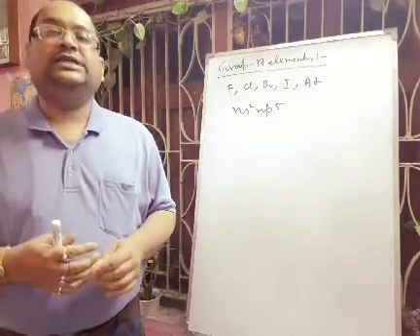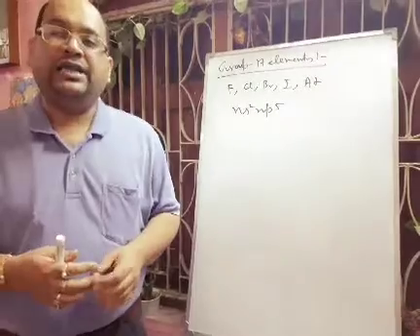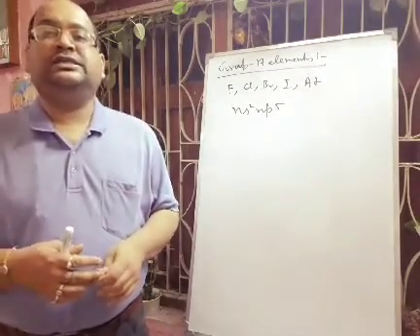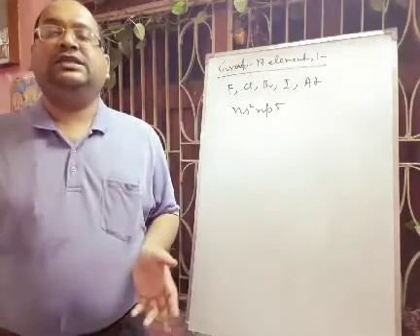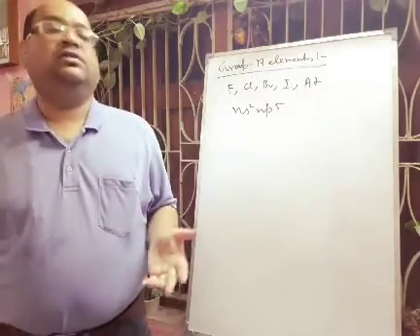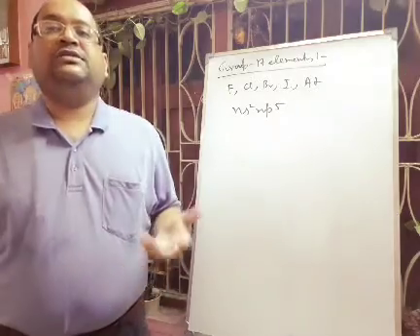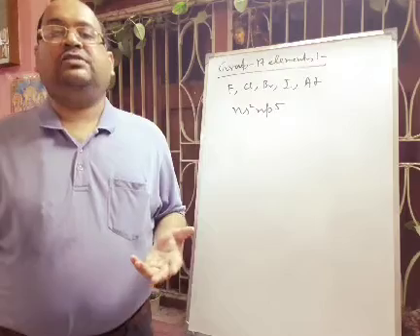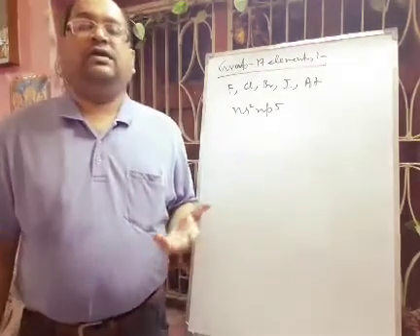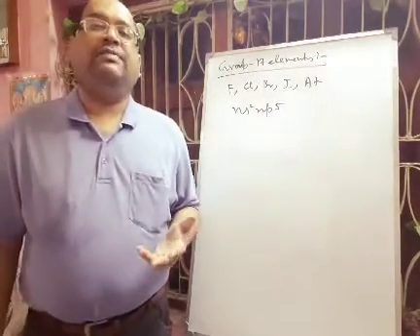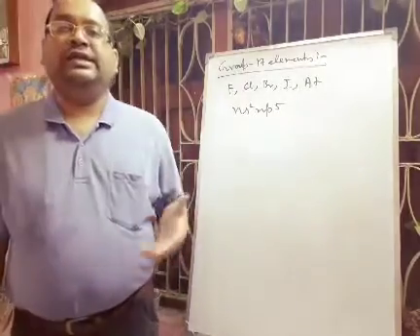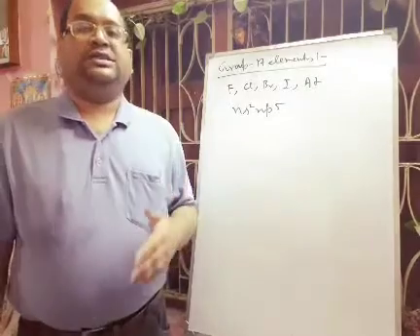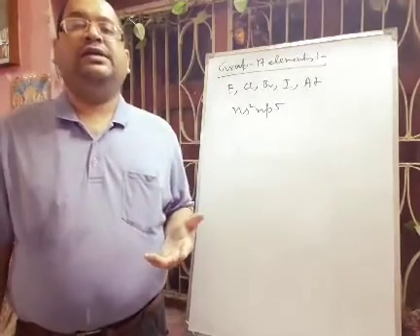Next we will discuss the ionization enthalpies. Halogens have high ionization enthalpy values, and these values decrease down the group as the size of the halogens increases down the group. Next we will discuss electron gain enthalpy. Halogens have high electron gain enthalpy values. Chlorine has the highest electron gain enthalpy value among the halogens, and the value decreases down the group from chlorine to bromine to iodine to astatine. Next one is the electronegativity.